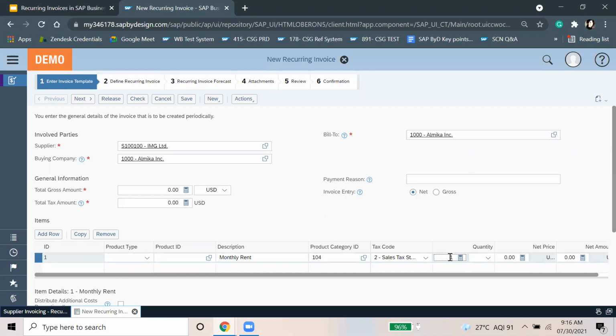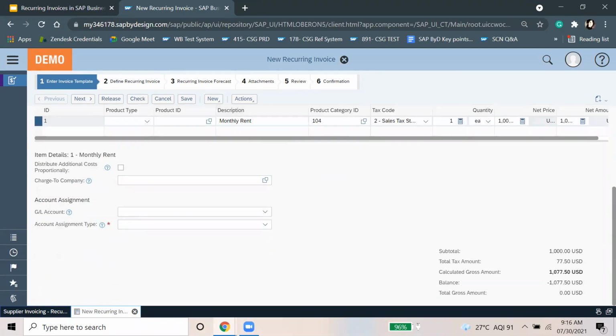Quantity here, I'll take 1. Let's see, $1,000. Then these are the item details.